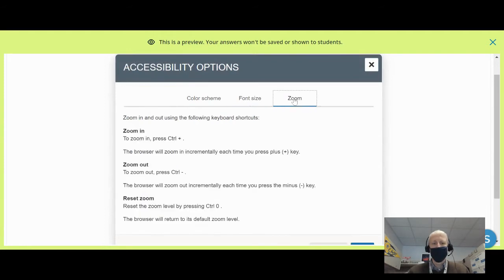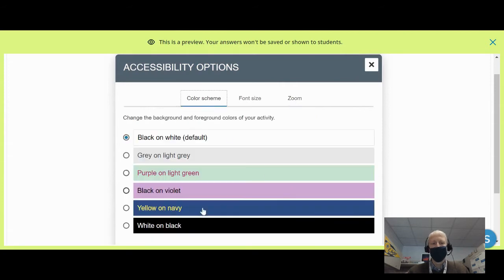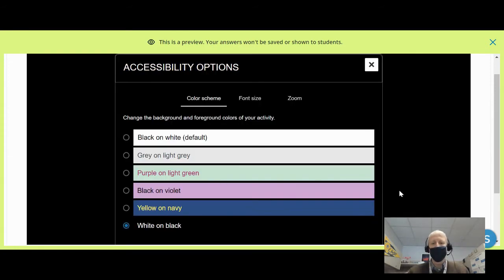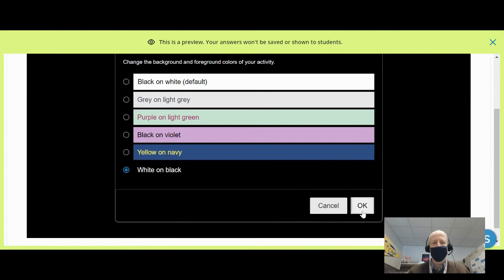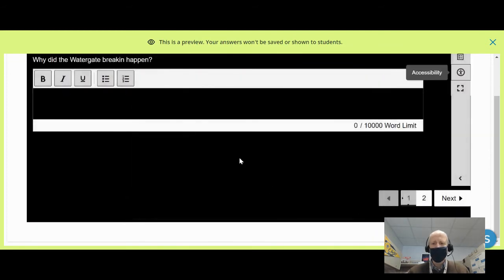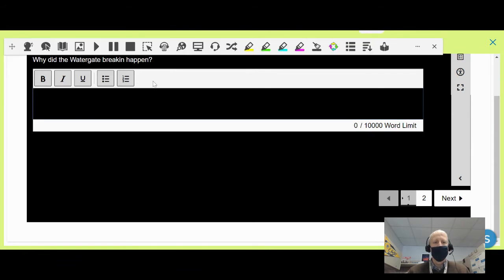They can set the zoom. If it's easier for them to view things as white on black, they can do that and click OK. So they've got that possibility. But then if students, for example, have some difficulty with typing, they can use the Read&Write tool, and it's an extension that comes on their Chromebook that then if they use the dictation talk and type tool,